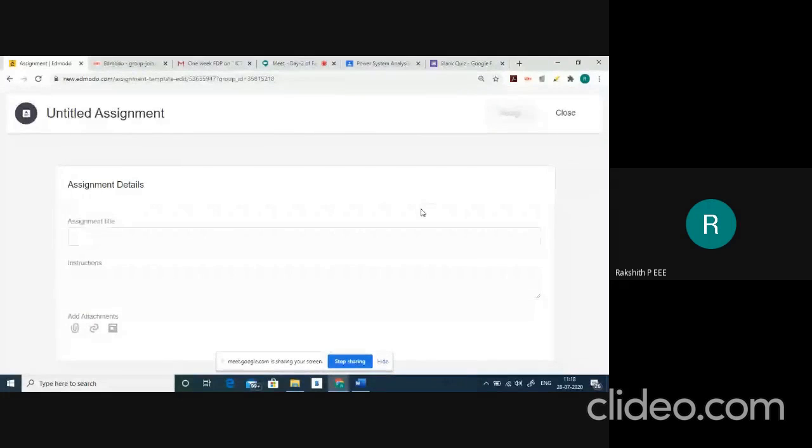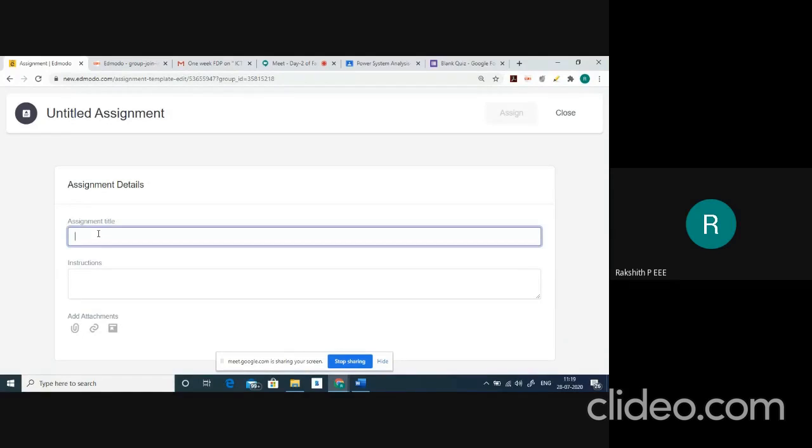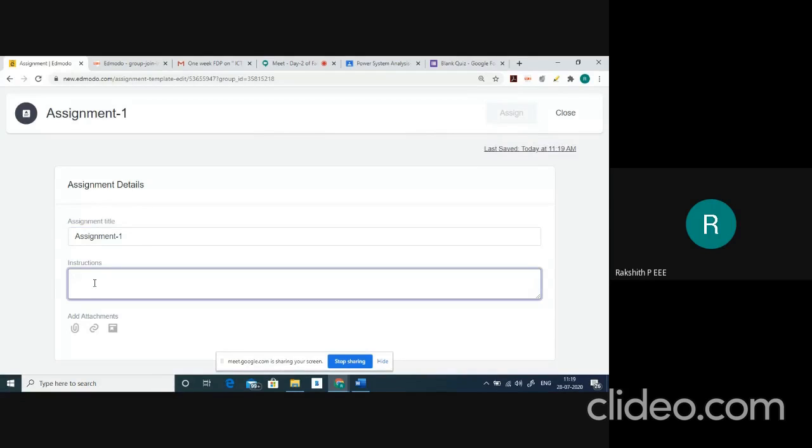So once you click new, one more window will open and you need to fill these details. That is assignment details. The details are assignment title. So I'll enter title as assignment 1. Let me consider this as first assignment.